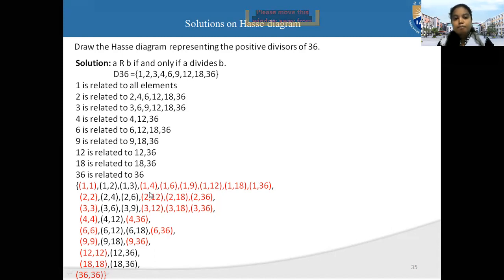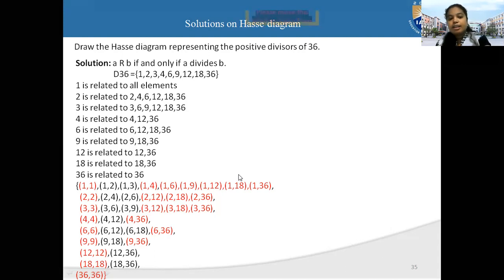So I put red mark for all the removed relations which are not required for the Hasse diagram. Those are nothing but the loops that can be created by reflexive relations. So we can put a bold red mark for this and also a bold red mark for transitive relations. So we have to consider the remaining relations for the Hasse diagram. Just you have to draw; what are the elements, you have to put dots for these elements and then you have to draw.